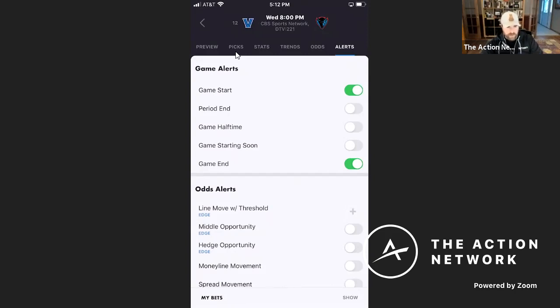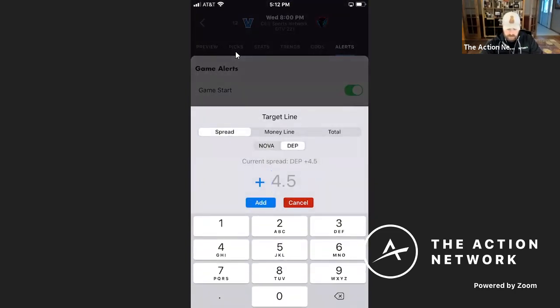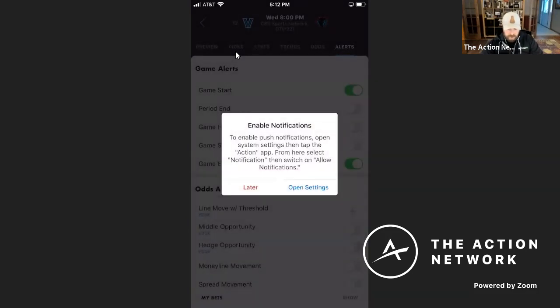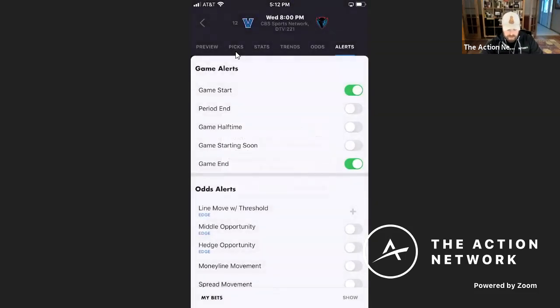So let's say that you are a value investor, right? Like you always want to get something at a discount. You've already identified the book where you can get the best line, but you want a better line. Let's say that you like DePaul, but you'd rather have them at 5.5 instead of 4.5. So you can set the alert on your phone, right? DePaul, 5.5, add. Okay, well, this is funny anyway. Okay, so I've actually deactivated the settings on my phone so that I don't get a whole bunch of alerts while I'm doing this. But that's the process that you would go through to set the alert for your phone,